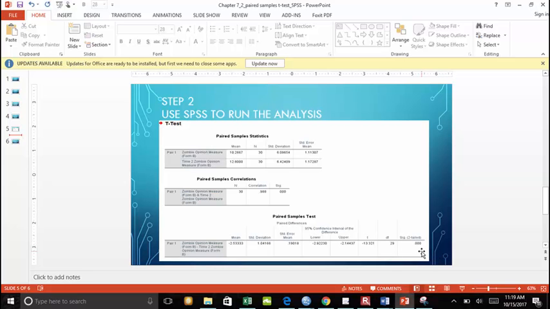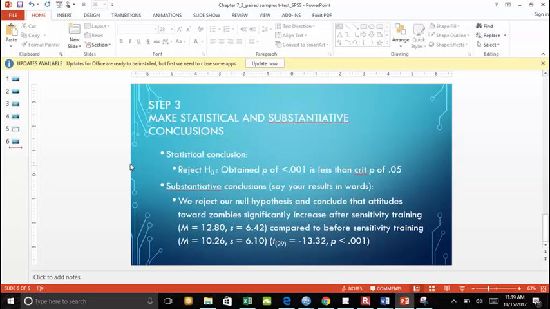It's a very small number, but it's not 0, is to write what I have here. Your obtained P of less than 0.001, that's what we use, is less than the critical P of 0.05. Because it is, we reject our null hypothesis and conclude that attitudes towards zombies significantly increase after sensitivity training,